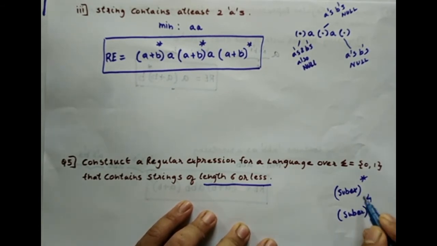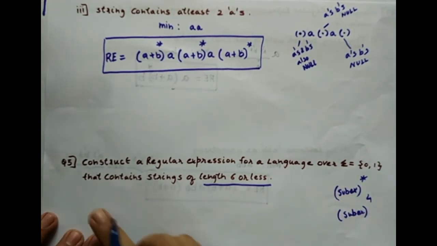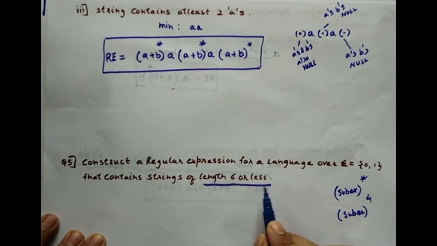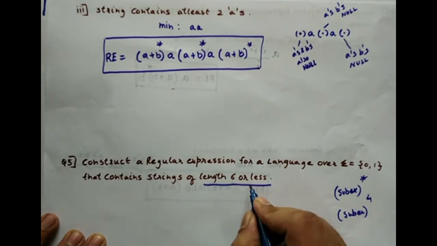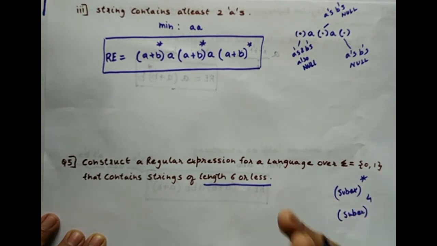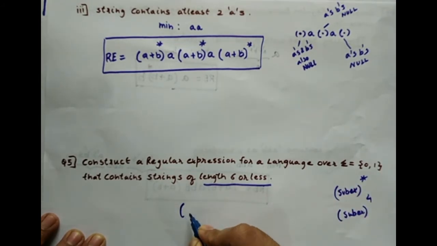So this superscript number is the maximum number of times the sub expression can be repeated. So over here the regular expression should be such that the string should be of length 6 or less. So maximum is 6. Okay. Again, what are the constraints over the placements of A's and B's? No, any combination. So the required regular expression will be